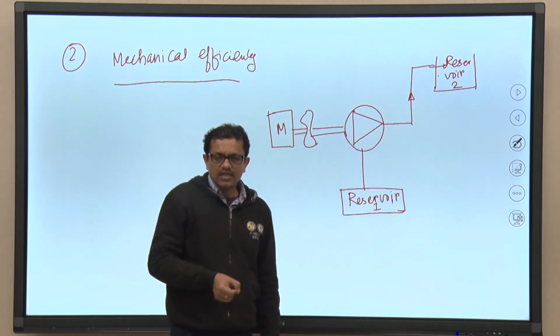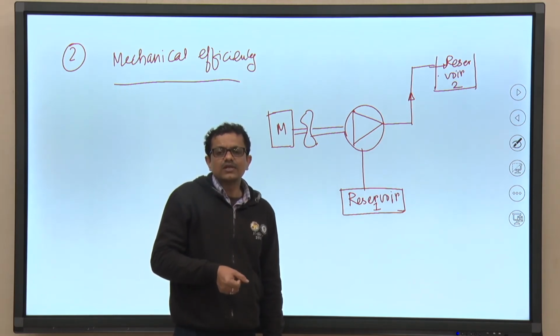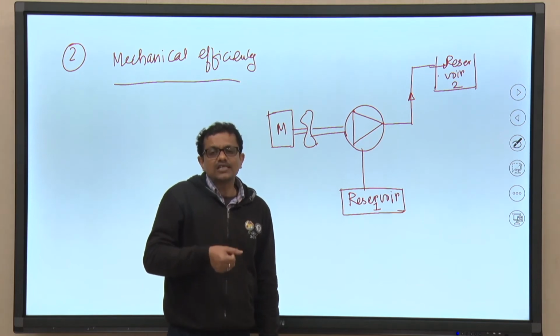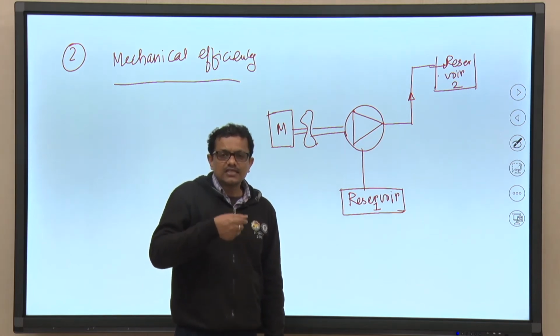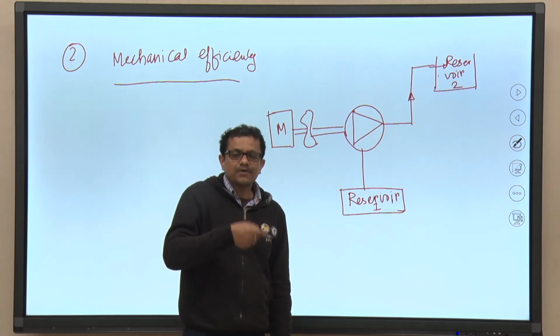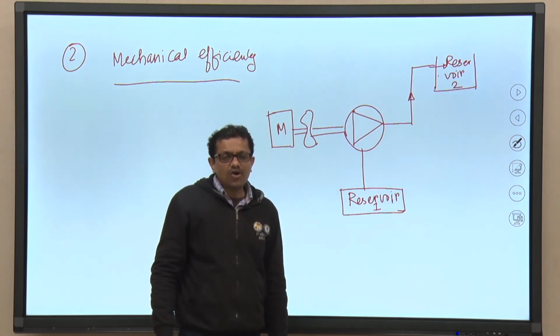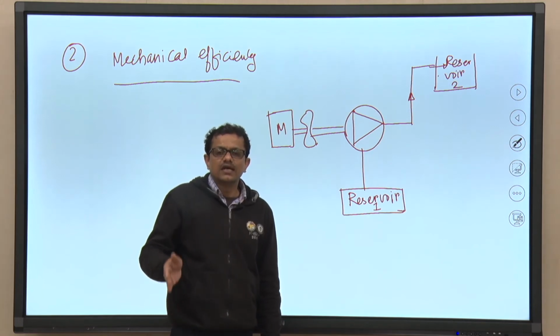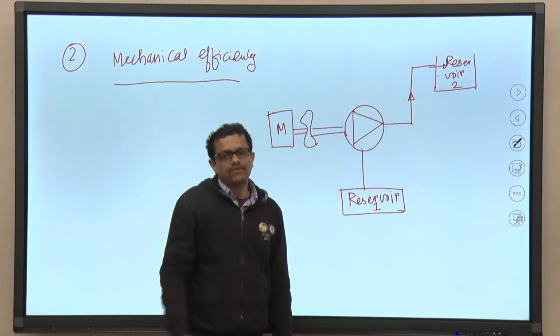It is used to increase the stored energy of the fluid. So, the energy supplied at the shaft of the pump is not equal to the energy transmitted by the pump to the fluid,